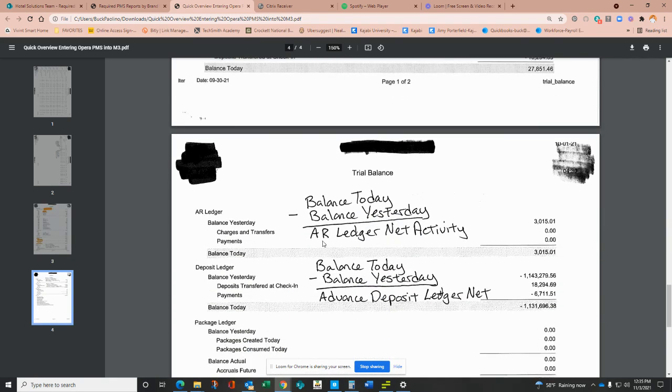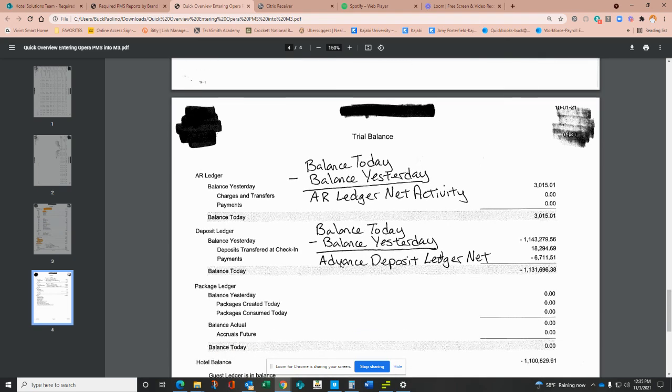The same thing for your city ledger. Just take the ending balance, or the balance today, minus the balance yesterday or the beginning balance, and that's the net activity. So here there wouldn't be any activity, and you would do the same thing for your advance deposit ledger. If you have any questions, please let your staff accountant know. Again, this is just a